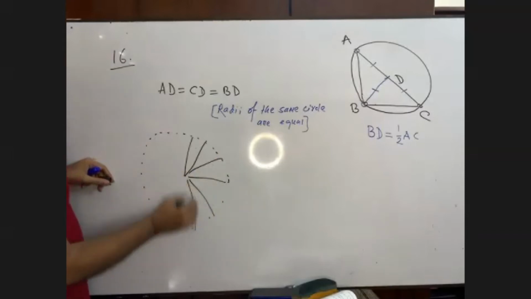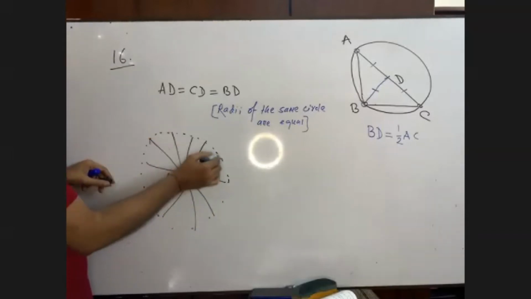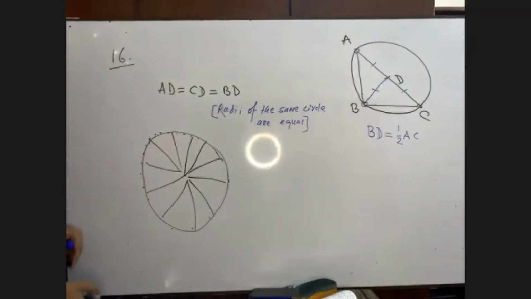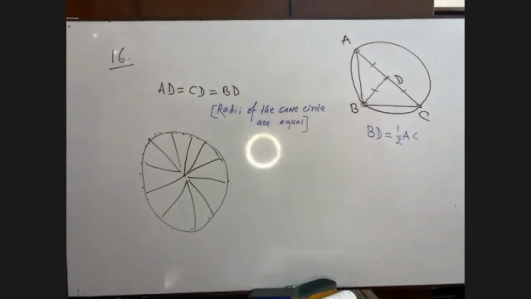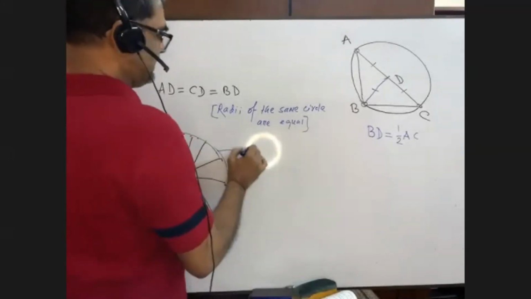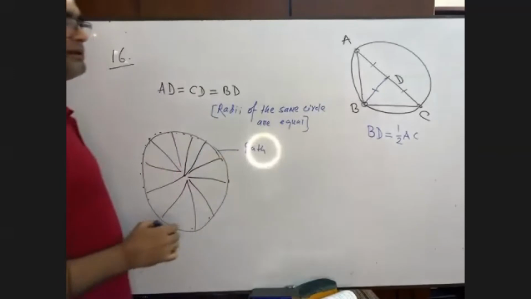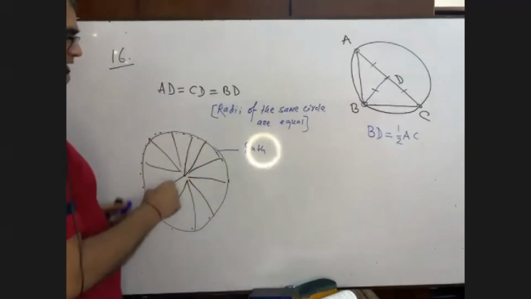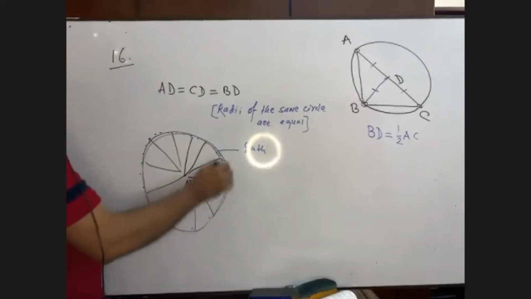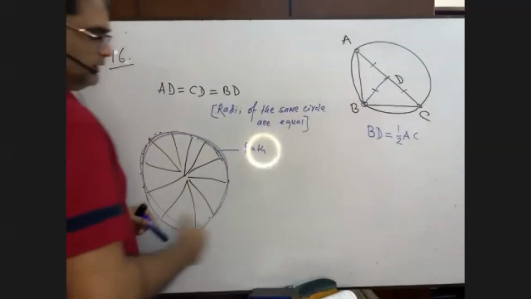So we can draw a locus. This is the locus, and this is called a circle. That means if we take too many points centering a fixed point which are equidistant, a path can be drawn. The locus of this path is called a circle. This path is known as a locus.